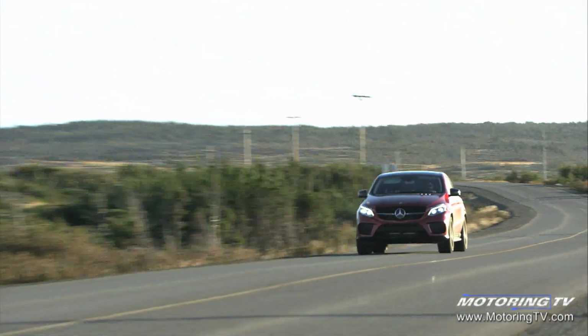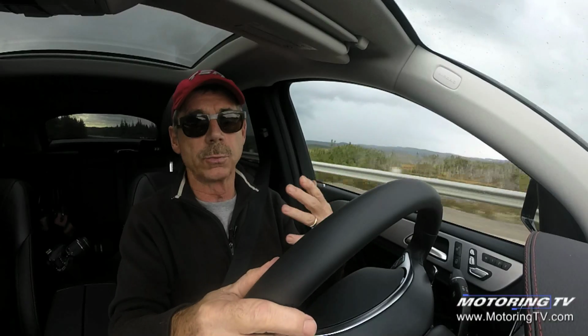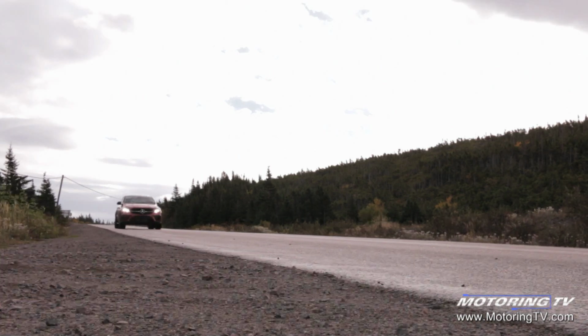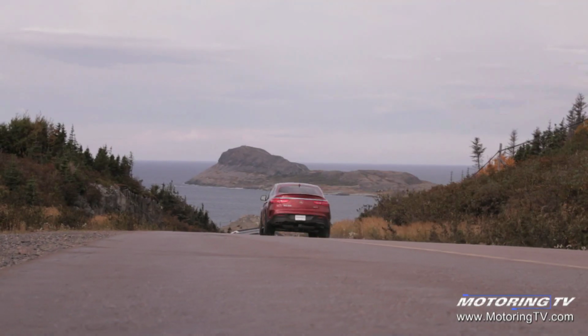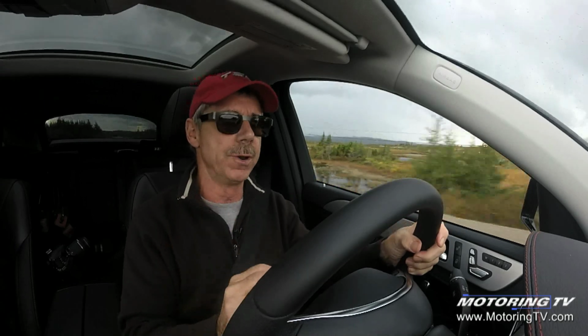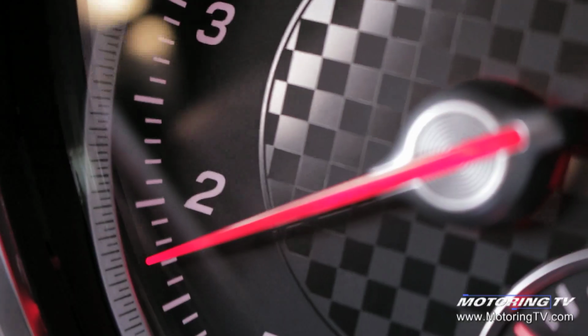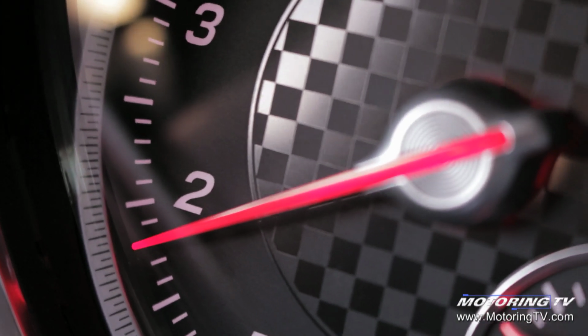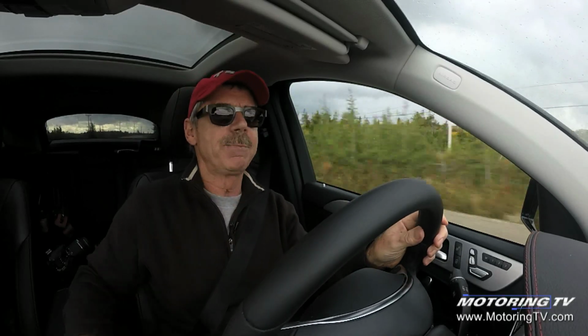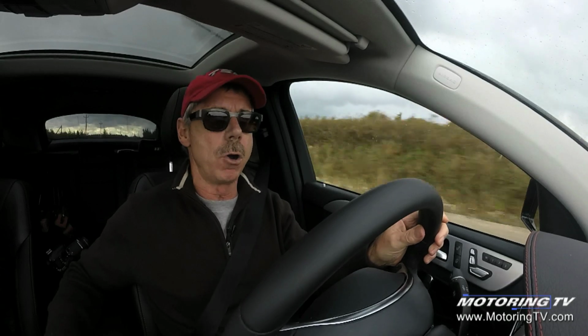More car makers are adding gears to the transmissions, and of course one of the big reasons is better fuel economy. Well, right now I'm driving the GLE 450 AMG with the twin turbo V6. I'm in the comfort mode and pushing about 120, but look at that, barely 2,000 RPM, which of course means you're consuming less fuel. But now let's put this sucker into my favorite mode, which is the